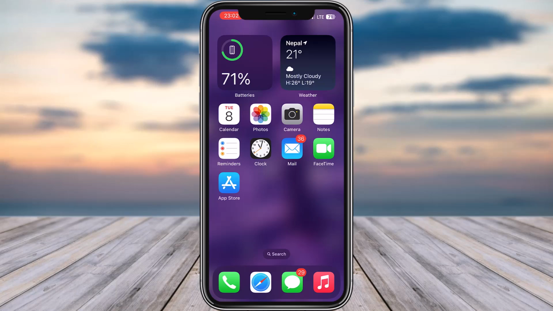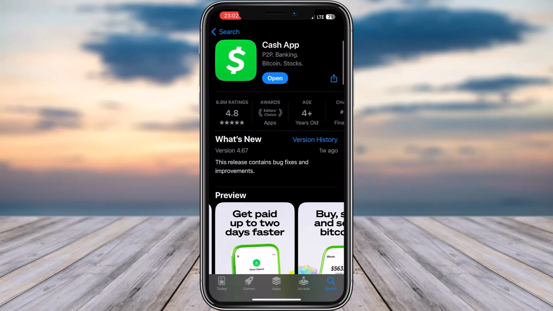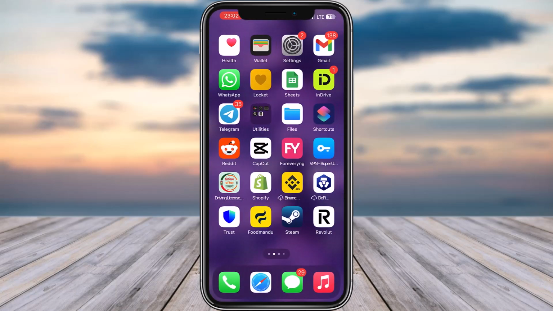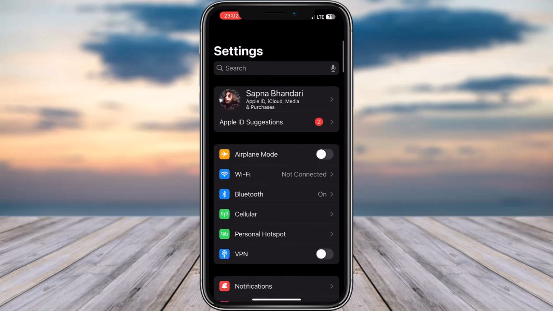So for that, simply go ahead, first open up your app store, and as you can see I have searched Cash App and it shows open. But instead, if it shows update, make sure you have updated it, and that will simply solve your problem. But in case that doesn't work, then go to settings, and from over here go to the search bar